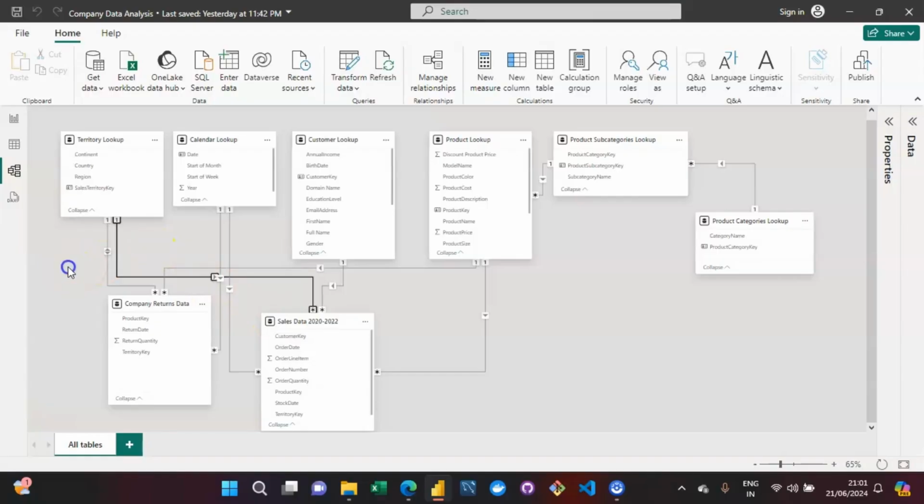Okay, you can see the direction over here, right? The direction is pointing in both directions, right? So now this basically shows us that if I make use of this territory key from the returns table as well, then I will also be able to apply the filter in the other direction. Like for example, you can see over here